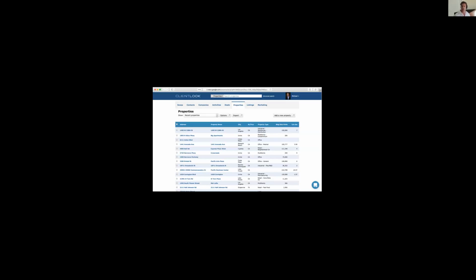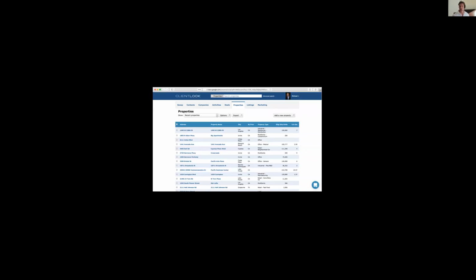So there's a couple of ways that property information gets here. I can click this add a new property button up here at the top, and I can manually add a new property, and I just type in a bunch of data fields. Very simple. Secondarily, I can click that same button, and I can choose add from provider that you see here,